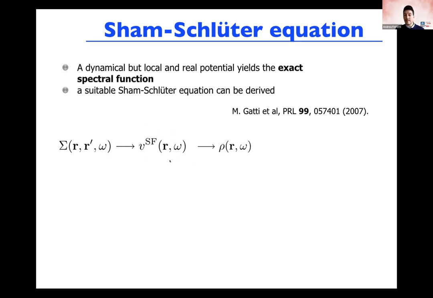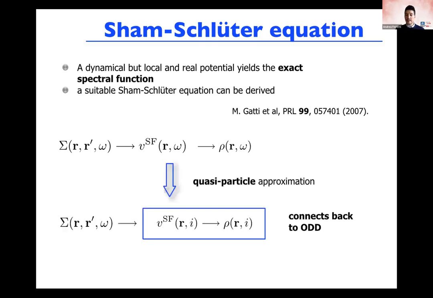So this should be enough to exactly describe the local dynamical spectral density. Here, the reasoning is pretty similar to that of DFT. If you're just interested in the density, it's enough to minimize your problem using a local potential that is the Kohn-Sham potential. They just extended that picture. And if, again, you are performing a quasi-particle approximation to the spectral potential, so you're retaining only the relevant orbitals and the relevant frequencies, okay, you get that your spectral density in this quasi-particle approximation can be determined by